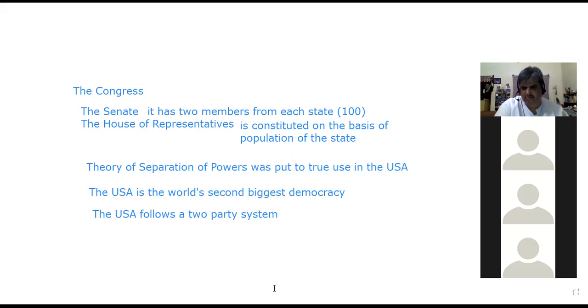According to the 25th Amendment, I think, the president can now actually address the joint sitting of the Senate and the House of Representatives in the legislature section of the Capitol. I hope you remember the idea of the